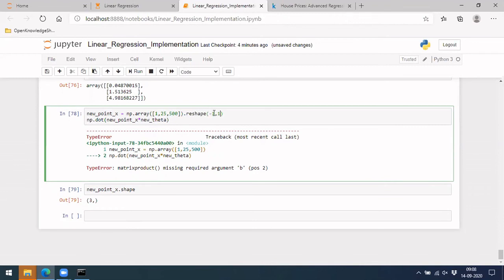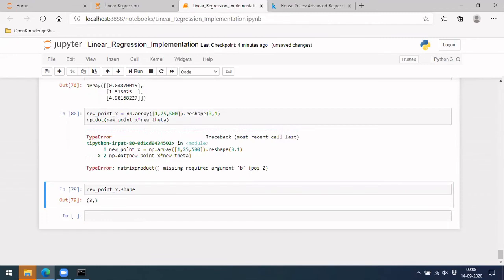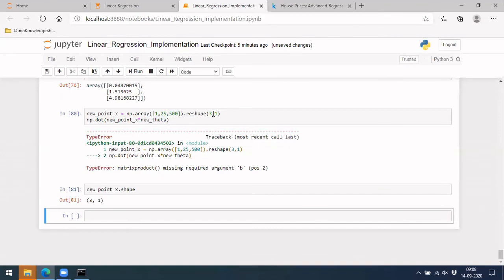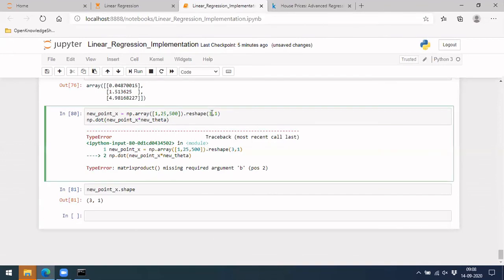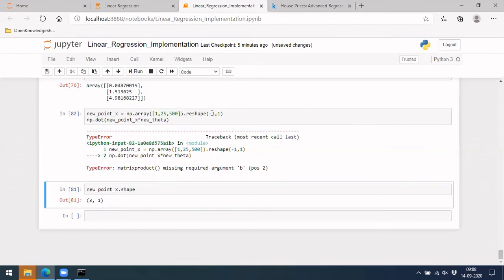If you put -1, usually it will add 1 here, and inside of -1, here we know it is 3, so we have to put 3. Let me do that now. If you see, it's 3, 1. But next, in case you have 4, if you change it to 4, that is slightly hectic. So you can put -1, so automatically it will take whatever value it needs.